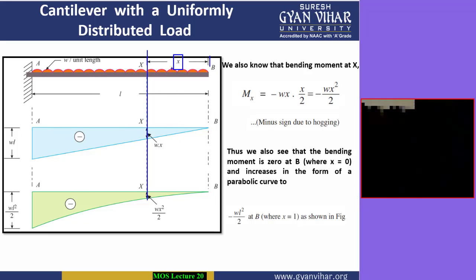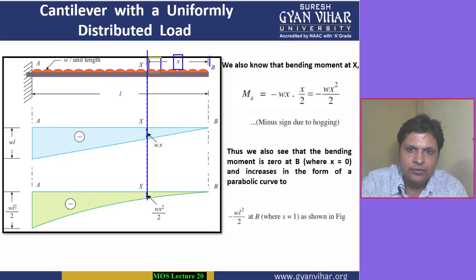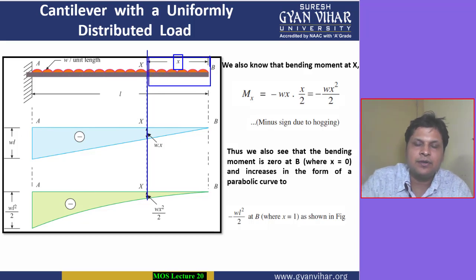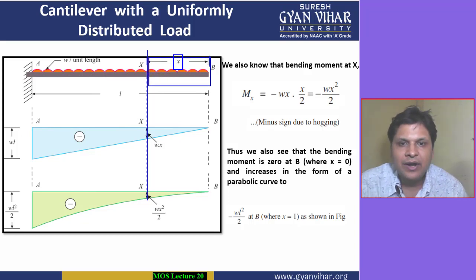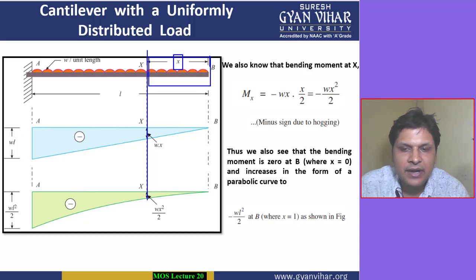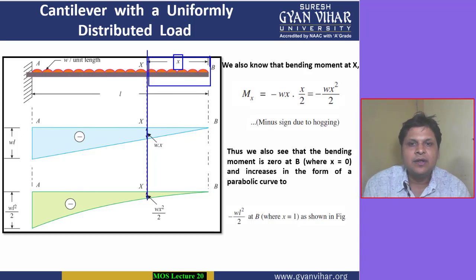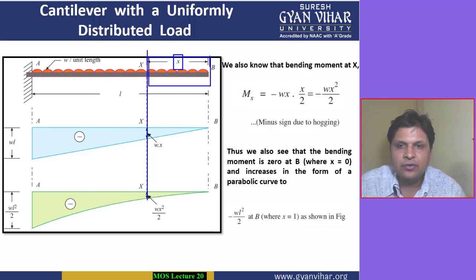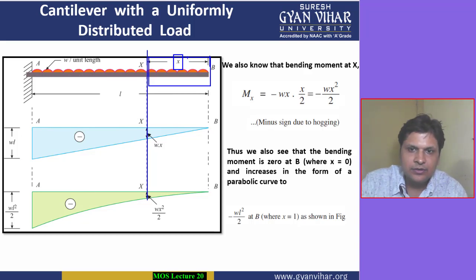Then the shear force for this particular right portion, we all know that shear force is the unbalanced force to either right or to the left of the section. We are considering in the cantilever the right portion, and the sign convention for the right portion is that the force which is going downward will be taken as negative. So here the whole of the load is going downwards, and we will consider the center of this portion.